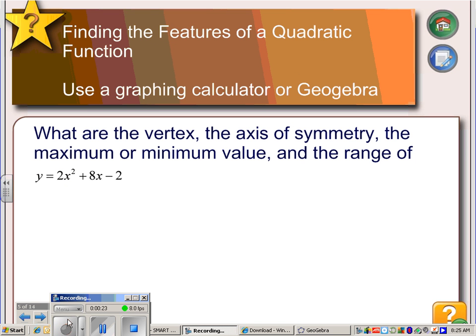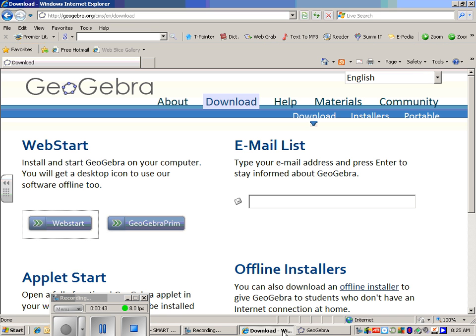So here is a standard form equation, y equals 2x squared plus 8x minus 2. If we want to find the vertex, the easiest way would be to graph this. So if you have a graphing calculator, you can put the equation into your graphing calculator. If you don't, you can go to GeoGebra. So if you type in